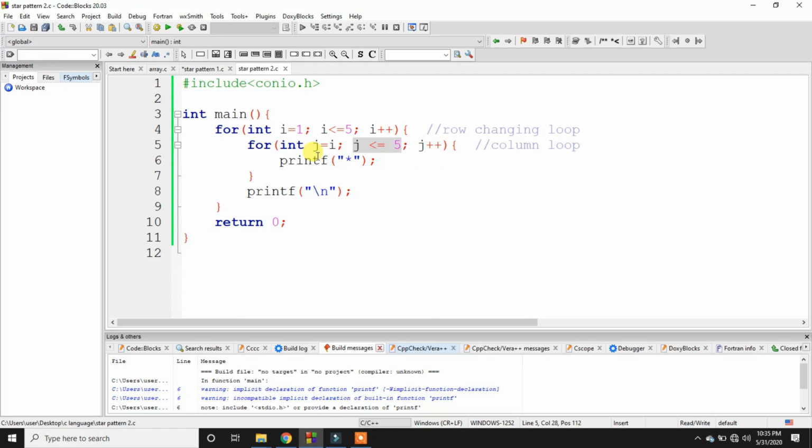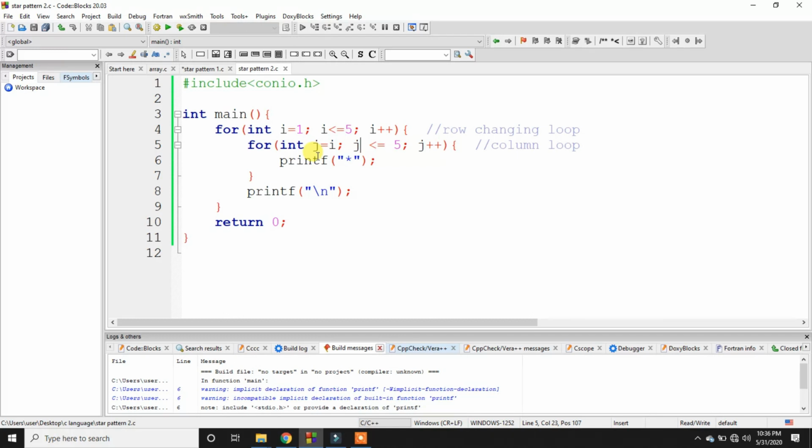Yes, condition satisfied because j is equal to 2 at this time, and 2 is less than or equal to 5. So it will print a star. Then j becomes 3, it will also print a star. Then j becomes 4, it will again print the star. Then j becomes 5, it will again print the star. So basically 4 stars printed, and after that j becomes 6.